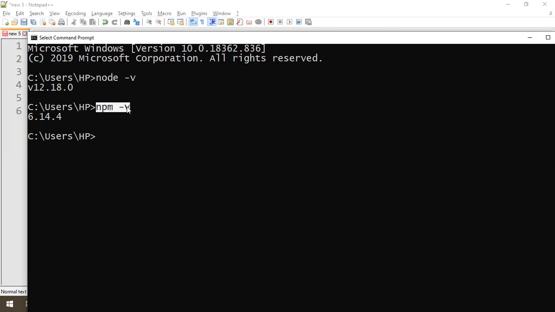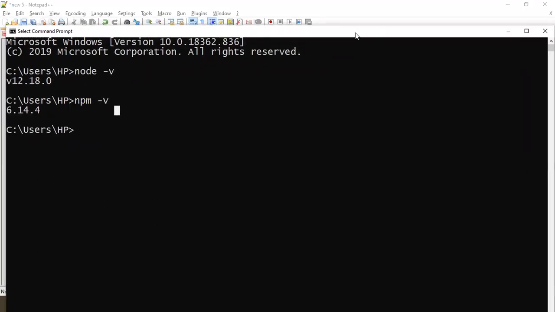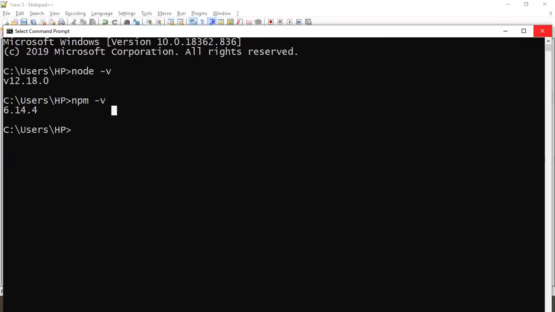For that reason, we have installed Node.js. Only two commands you have to check for the version: node hyphen v and npm hyphen v, and also make sure both are different versions. Once you get this, Node.js has been successfully installed in your system.